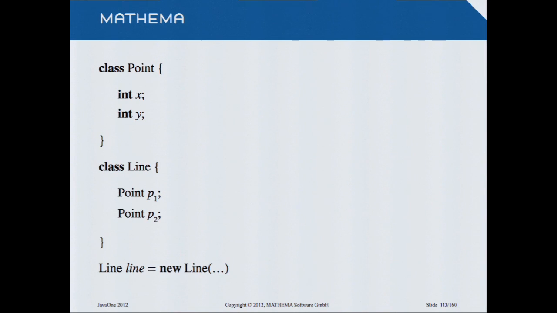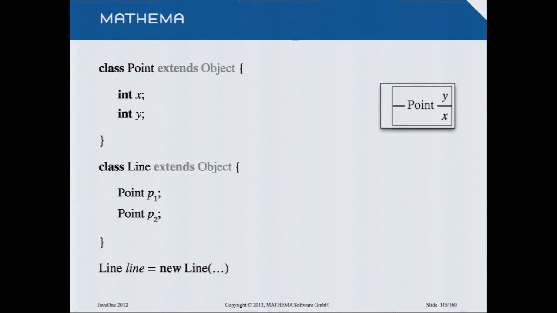We have points and lines. A point has two elements, x and y. A line has 2 points. If we make it in Java, we have to allocate the memory. We have to create a new object, and the object has to be initialized, and so on. Keep in mind that if you have a point, it extends object. So this means that we have additional information, and the additional information might be necessary, for example, if you use hash code and so on. But in our case, it's not interesting now. So a point looks like this, and a line looks like this.